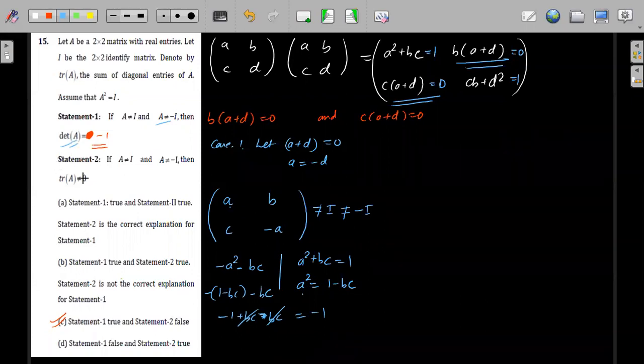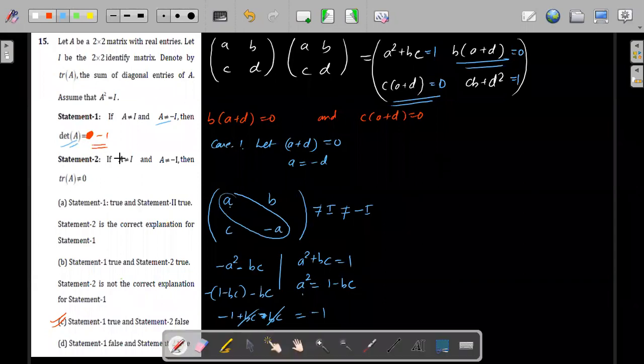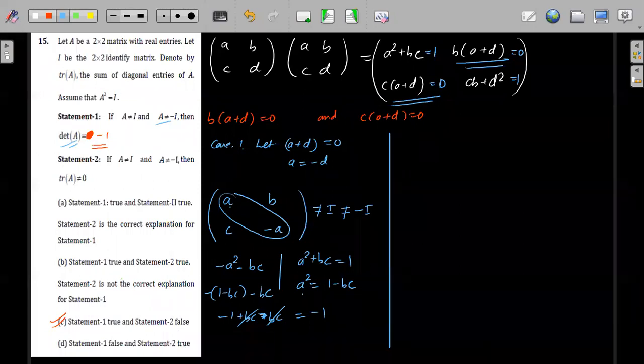And the second statement they are saying is, then trace of A is not equal to 0. But if I add these two, no matter what I take, trace of A will always be equal to 0. So that means in case 1, the first statement is true, the second statement is false. In JEE, if you were writing the exam and this question comes, you simply check statement C as correct and then move on. You do not have to check for the second case.